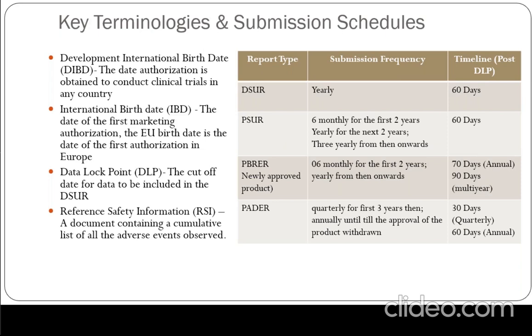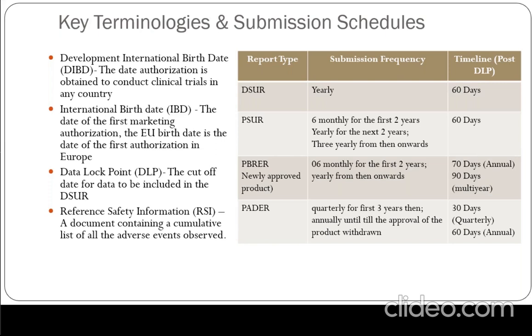This is for the annual review period, whereas for a multiple year review period, that could be the case, which can fall from the PSUR. There can be instances where the regulatory authority will ask for a 3-yearly PBRER, and they will say, please do not submit the PSUR or the format in PSUR, present it in PBRER. So that's when the 90 days comes into the picture. There are other scenarios as well, but I would not go into those details at this moment in time.